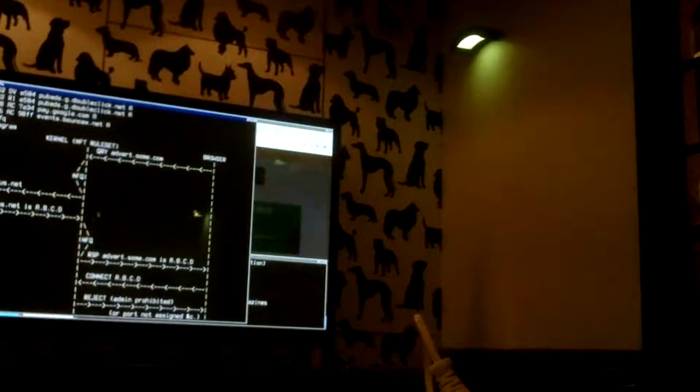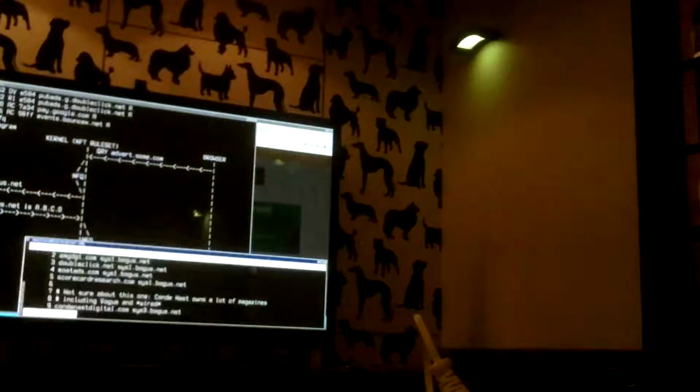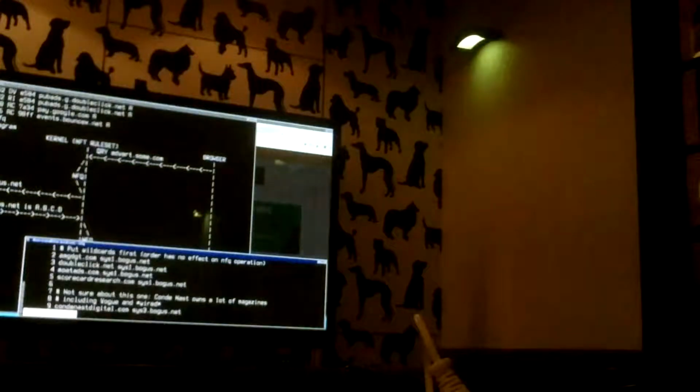And NF tables has a rule that when it sees a domain UDP packet with the destination port of domain, so it's a query, it queues it to the NFQ user space program. NFQ looks at the query. Now, if the query is for a site that's in this list of anything motaz.com or